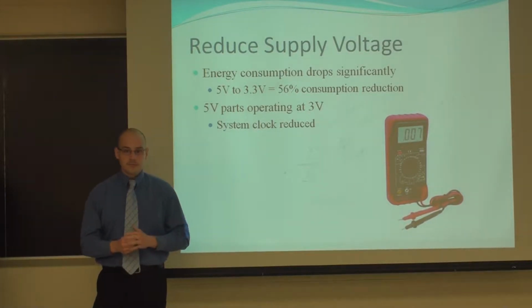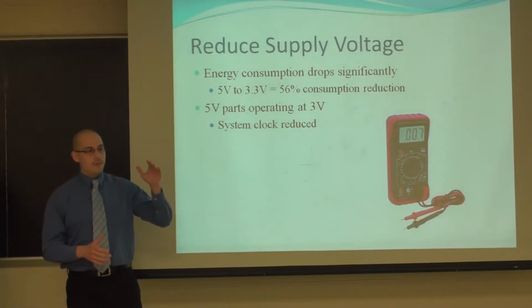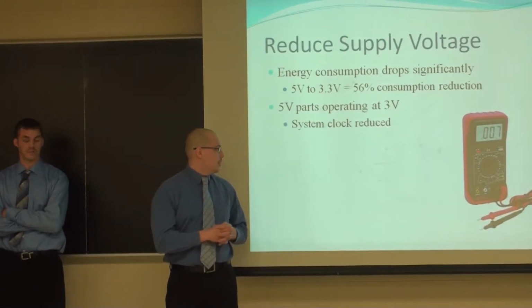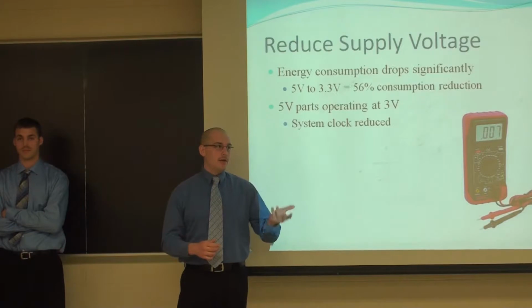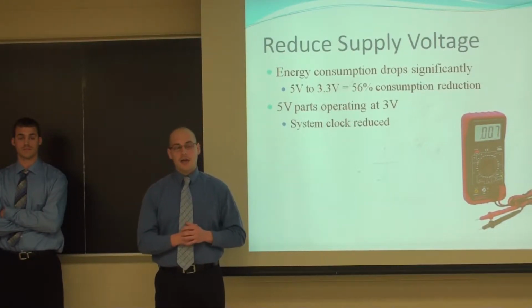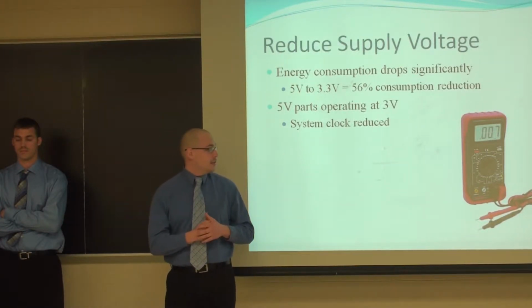that was consumed before. One of the downfalls of this, though, is when you reduce it from 5 to 3 volts, you also have to reduce the clock frequency, which, as we all know, means any application that you want to do will then be slower. So companies now have what they call a true 3-volt processor, which will run at the same clock frequency as the 5-volt